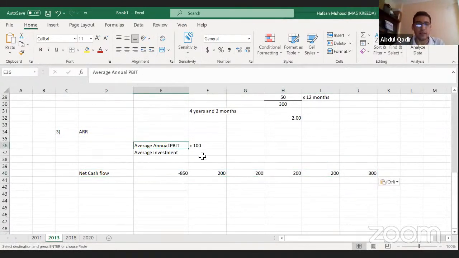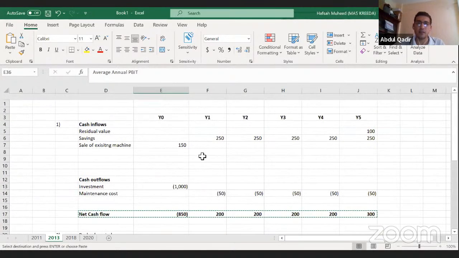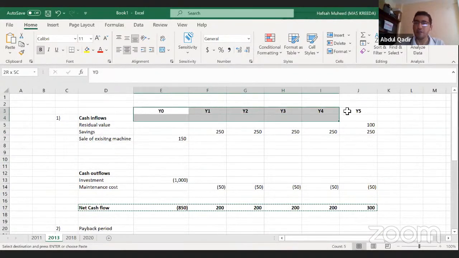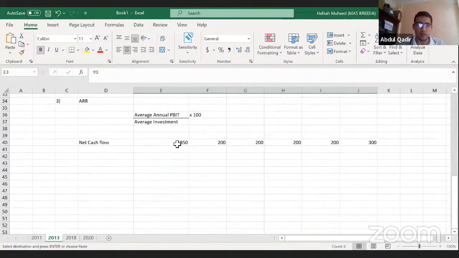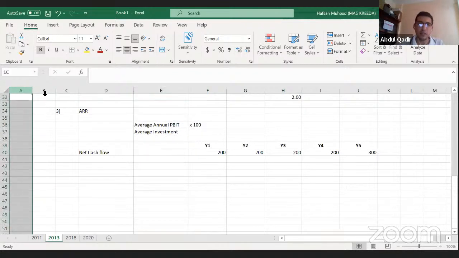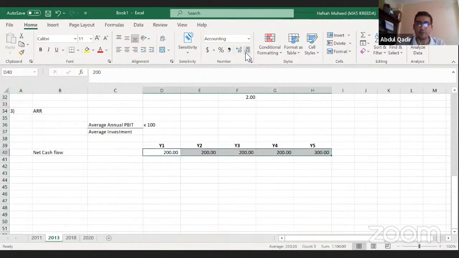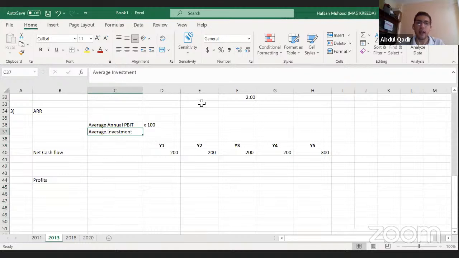So when we calculate average annual profits, these are for each year, right? So we will consider only year 1 to 5 in calculating profits, because year 0 you don't earn anything, right? So I'm just going to delete this year 0 part off, because you don't really earn anything. Let me just delete these columns as well. Give me a second. Yeah. So these are your cash flows for the 5 years. But now what do we need? We need profits. Why? Because to calculate ARR, we need annual profits.